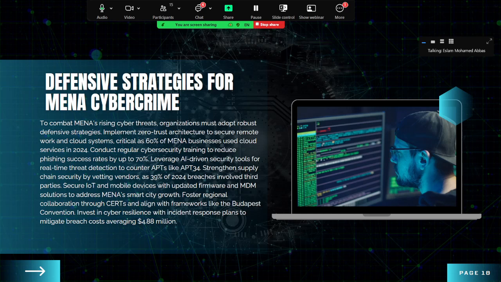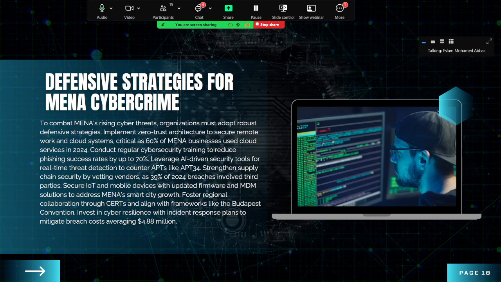And this strategy, or this architecture, helps all of the countries to work normally from home, or from a cloud system, or anything like this. And this architecture is critical as 60% of MENA businesses used cloud services in 2024. For this reason, we must implement a strategy like zero trust architecture, and also we can talk about conducting regular